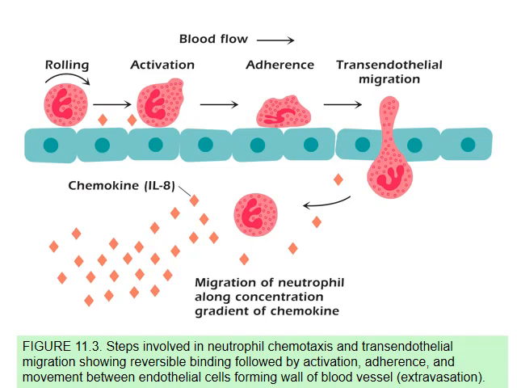So they're patrolling. Unless and until there is a command, an order for them to go to a particular site, they would not do so, right? So in this case, what happened is that there is an injury, and this injury releases one of the cytokines, which happens to be IL-8, and which acts as a chemokine. So this is a signal for neutrophils that you need to come out of the vessels and help us out to take care of this injury. So neutrophils will then move from the vessels to the